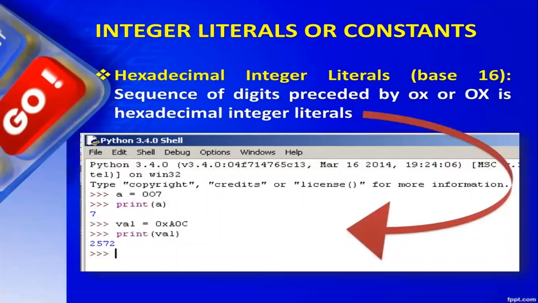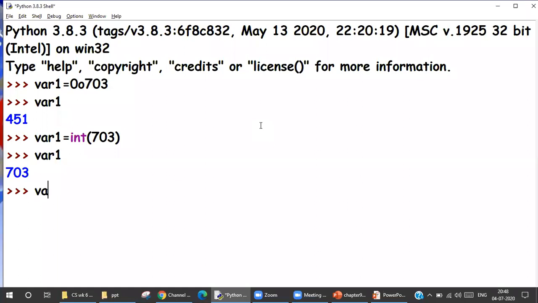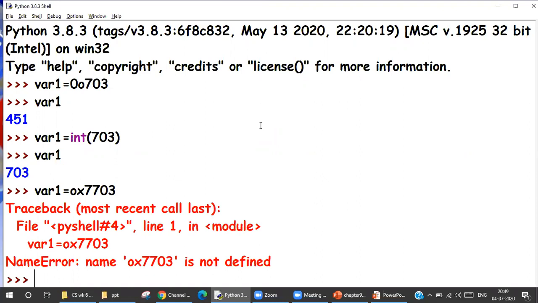Moving to hexadecimal. For hexadecimal, we have to tell the interpreter 0 with an X. So I will say variable 1 equals to 0x 456, enter.